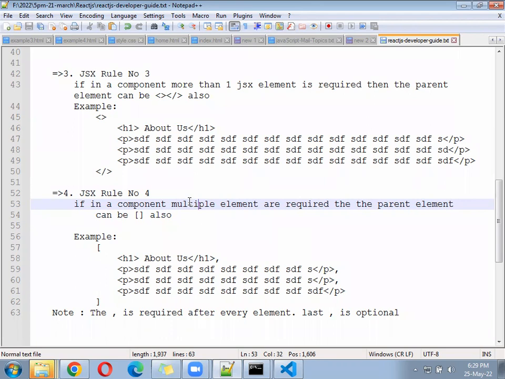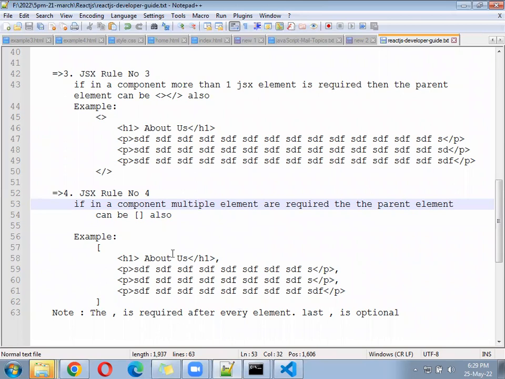Comma is not required at last. Okay, so hope we have written.